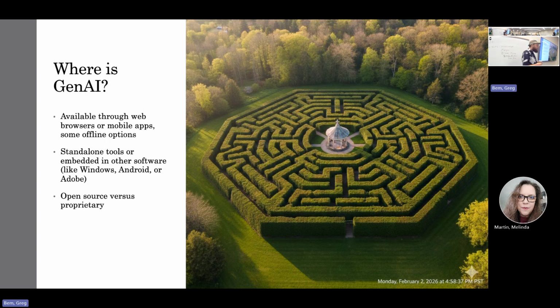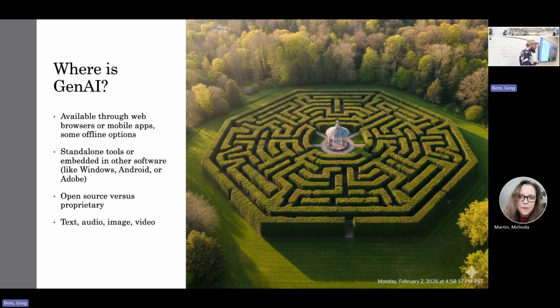As I mentioned, there is an open source component, so you can find AI for free out there in public, and there's also the proprietary. So even those free apps like ChatGPT, that's technically proprietary. They could start charging at any time. It's not designed to be open. The reason why it's free is because they're using your data to train it and improve it, and then eventually they will sell all of that, as capitalism works.